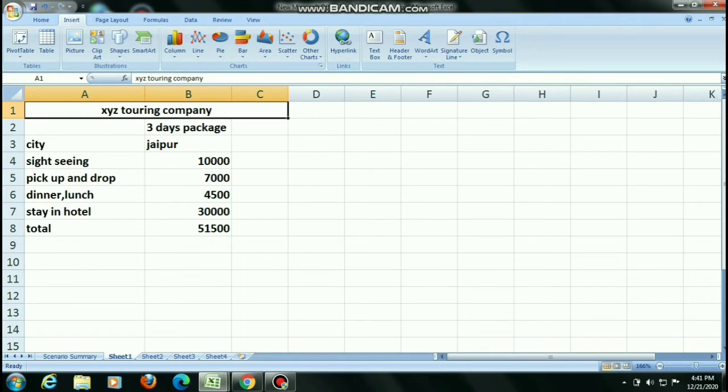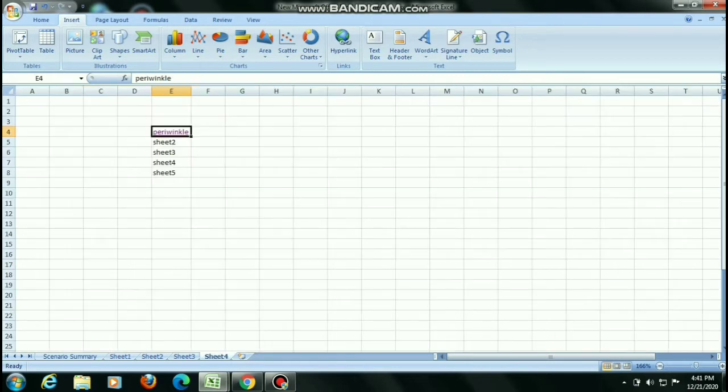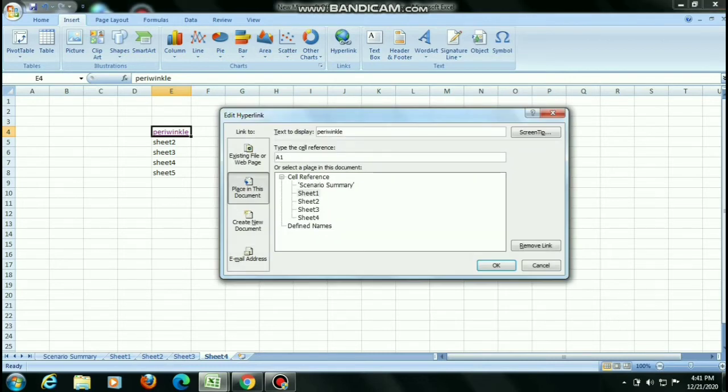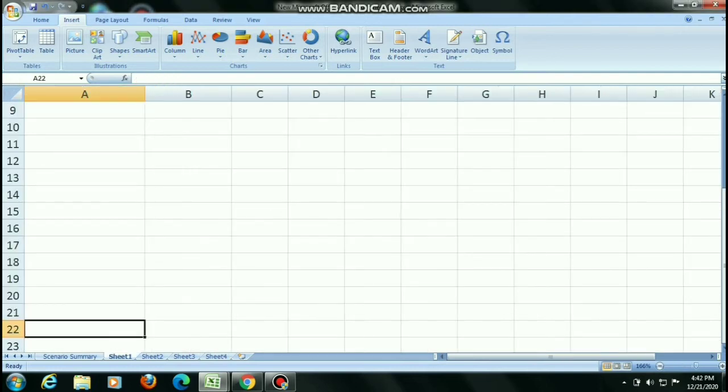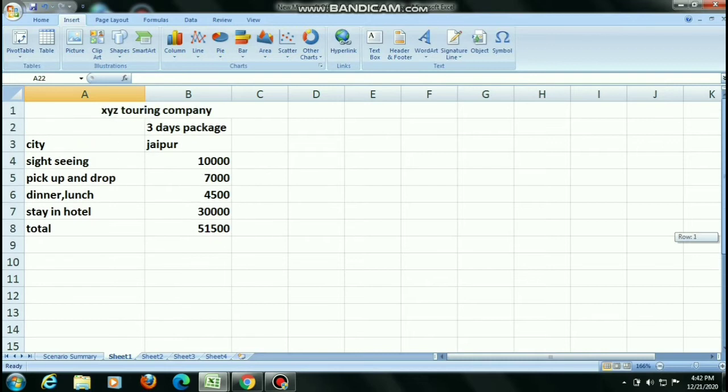Now here I am changing the address of this hyperlink. I press Control plus K. You will check that here in cell reference I am writing A22, and now click OK. You will check what change it has made. I am clicking on this particular hyperlink. You will check it is in Sheet 1, cell number 22. I am using this drop down menu. You will check it is again there on Sheet 1.